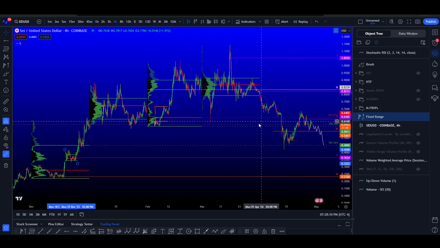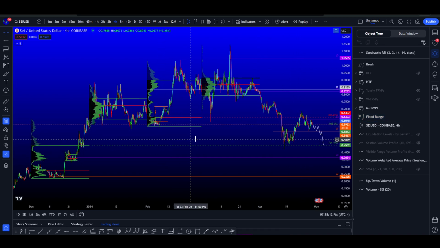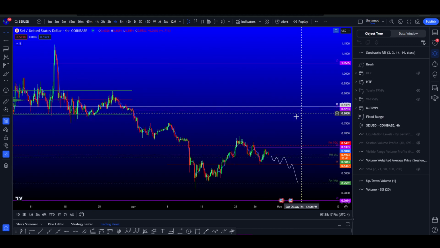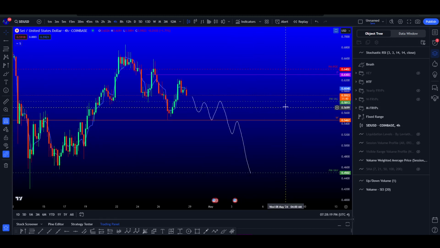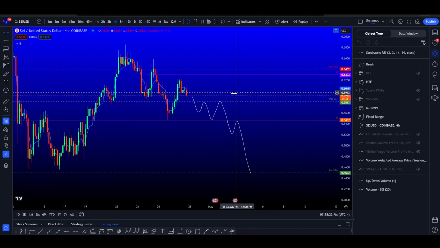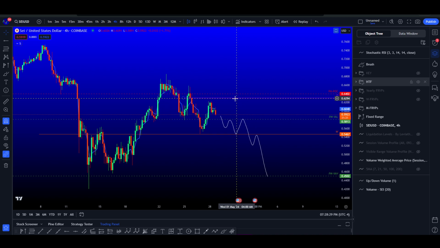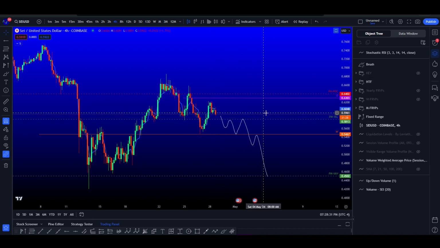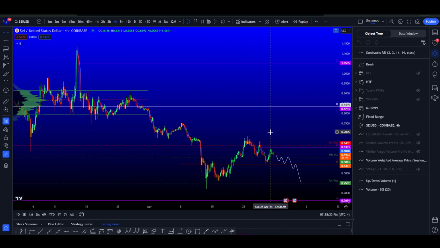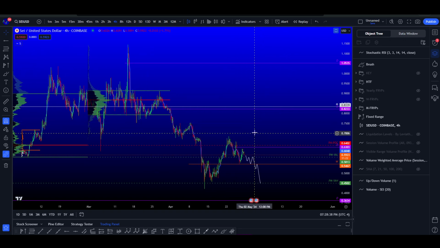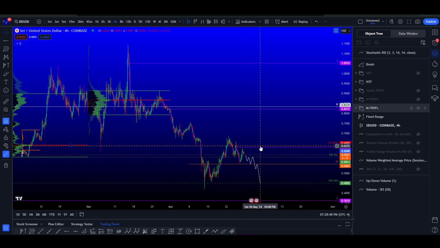But at this very moment, based on the monthly profiles, we need to keep trading above this level, this previous month value area low, 58 cents, right? So even if Bitcoin dumps a little bit, the last line of hope would be this weekly level right here. But as long as we stay above this previous month value area low, then I would be looking at the very least as a high time frame target, past the point of control,